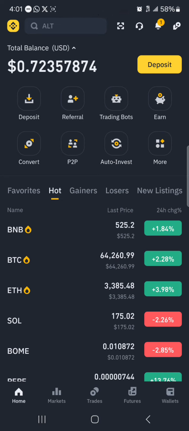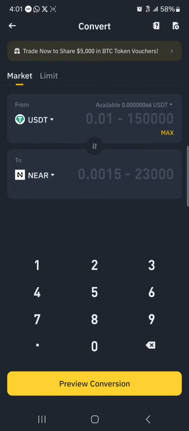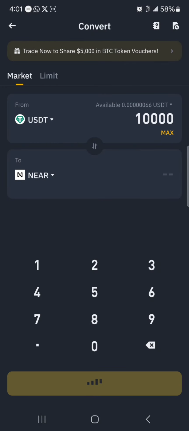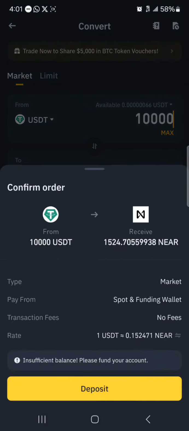Let's say you've got some Ripple USDT, enter an amount of USDT, click on the cryptocurrency you're converting to, and simply search for Near. Select the Near protocol, enter an amount of USDT you wish to buy it for, and then simply click on buy. So once you've done this, you have the Near